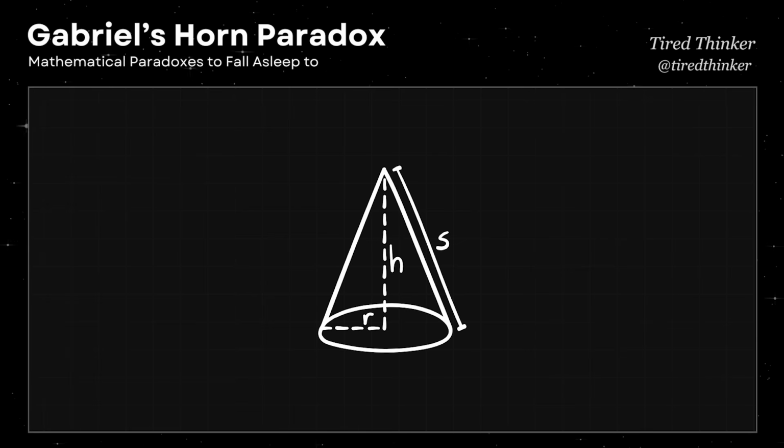Many people assume that if something has infinite surface area, it must also have infinite volume, or if something has finite volume, it must also have finite surface area. This paradox shows that those assumptions are not always correct. Mathematics often challenges our intuition and forces us to think in new ways. The paradox remains a fascinating topic for students, mathematicians, and anyone interested in the strange and counterintuitive results of infinity. It serves as a reminder that math is not just about solving equations, but about exploring ideas that expand our